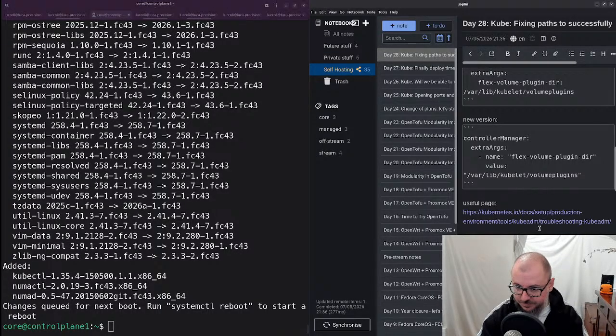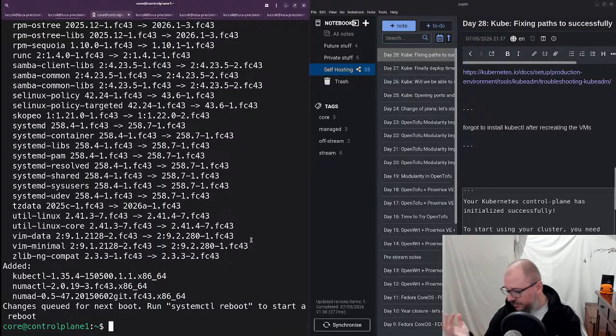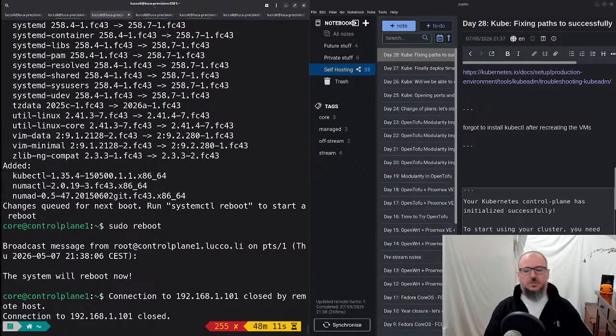Anyways, forgot to install kubectl after recreating the VMs. Yeah, we need to fix that: idea in case, create two scripts, one for workers, one for control planes. But anyways, now I need to do sudo reboot, give it a moment,